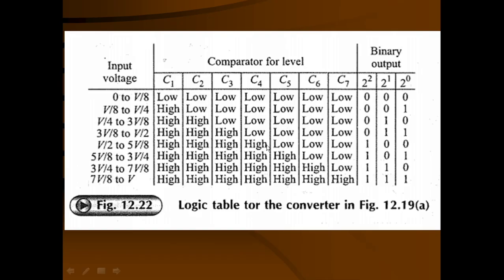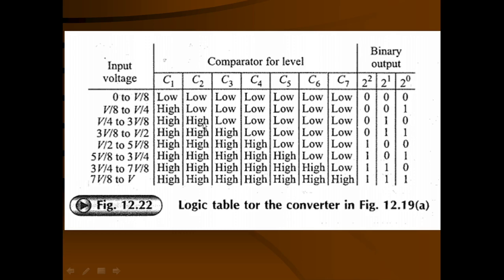So we can see here, when the 2 raised to 1 bit is required to be high: for the first two combinations it is required to be low. Then for the third and fourth combinations it is required to be high, and for the 6 and 7 combinations it is also required to be high. For the 3 and 4 combinations, you can see the different combinations of C3, C2 and C4. C2 is high for these combinations, C3 is low for one and high for the other, but C4 is low for both cases.